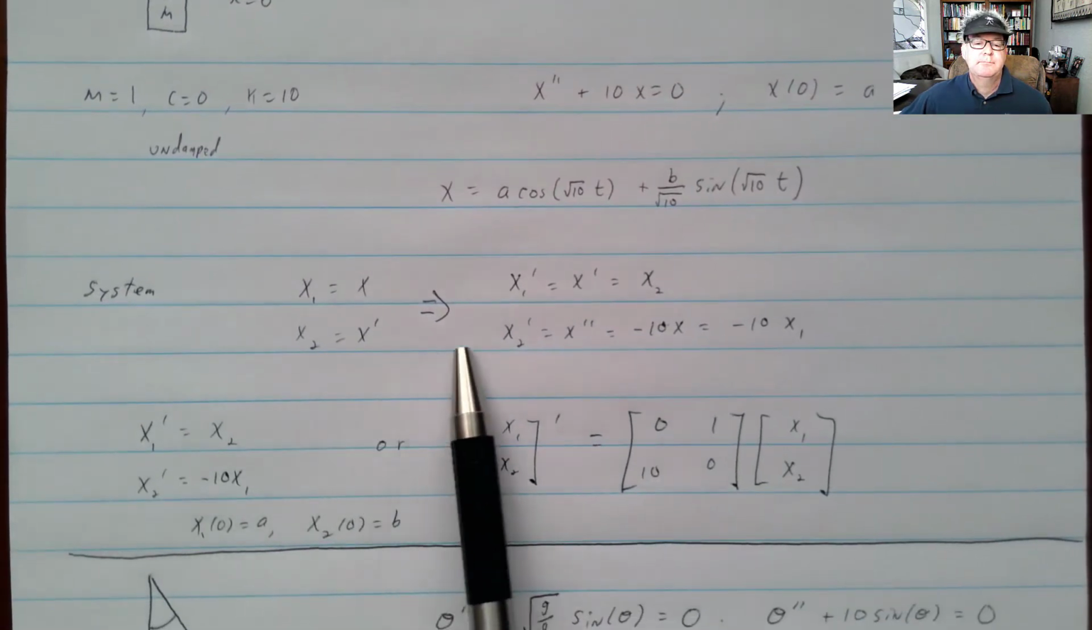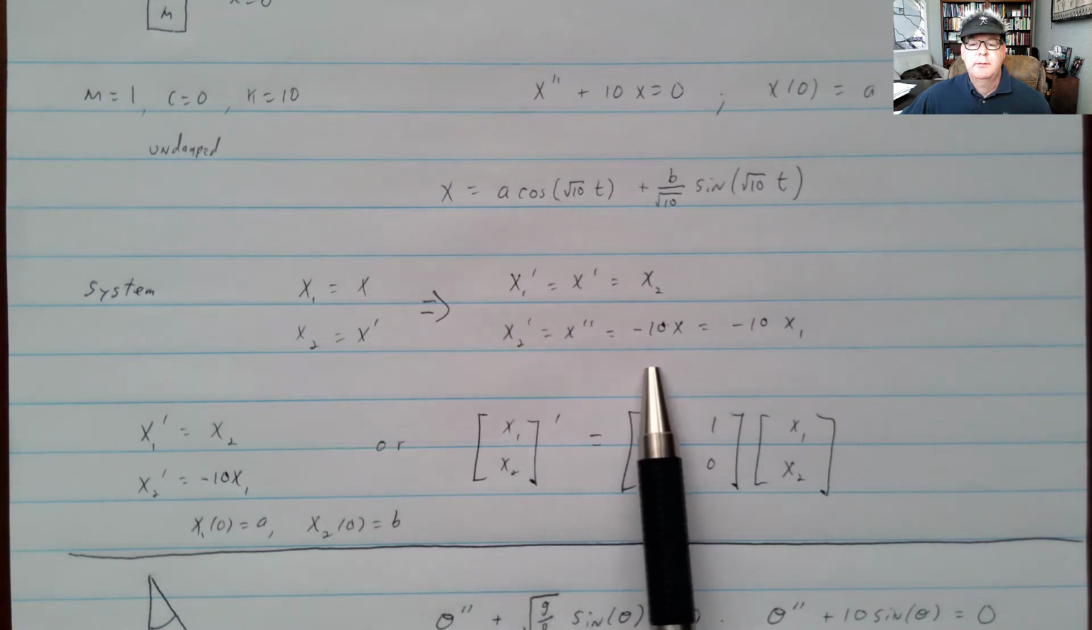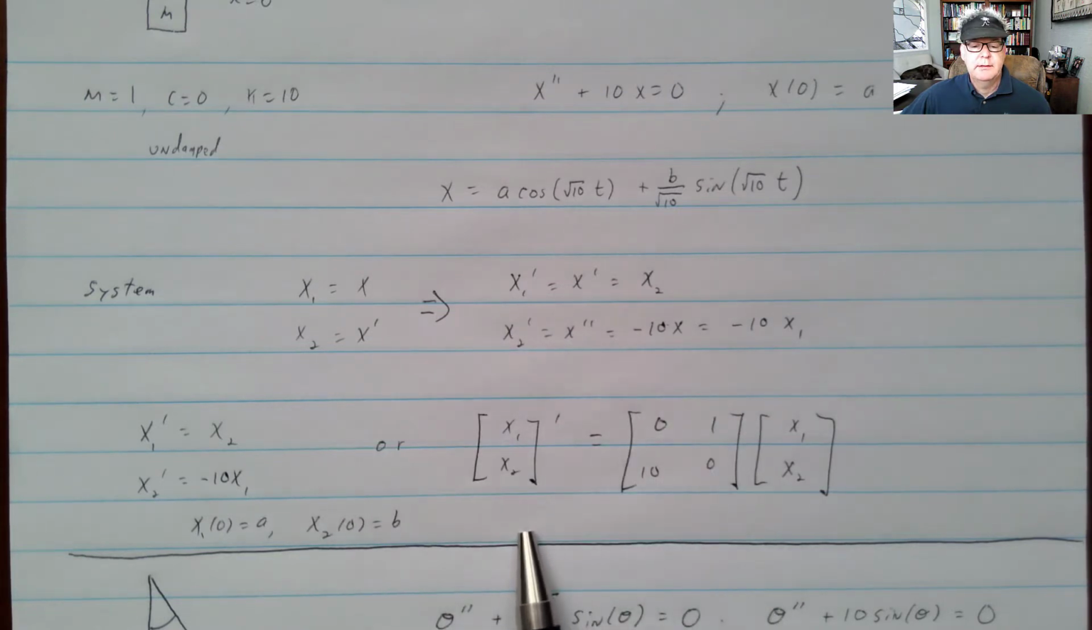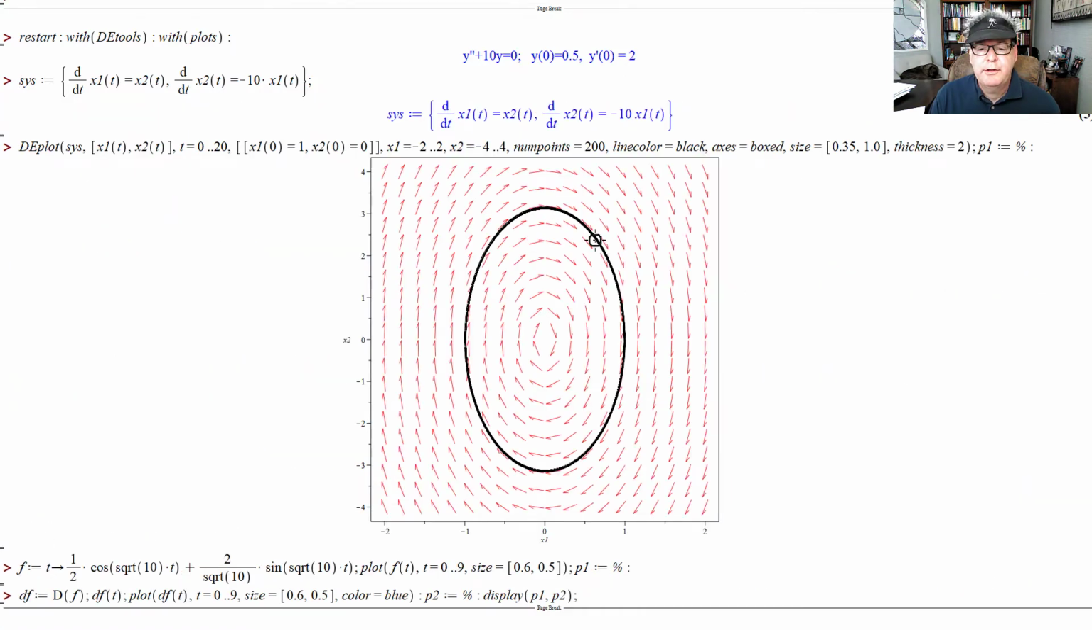As a system, again, x1 is x, x2 is x prime. It would look like that. And here's the matrix form. So let's look at the plot. This first one has the initial conditions of 0.5 for the displacement, 2 for the initial velocity. So I'm roughly starting right here